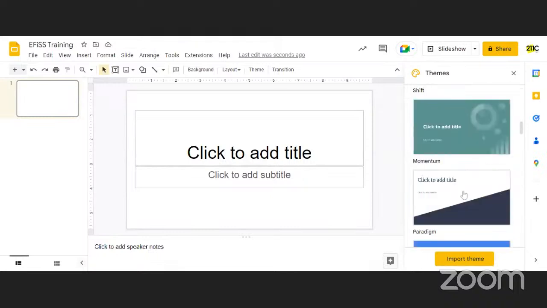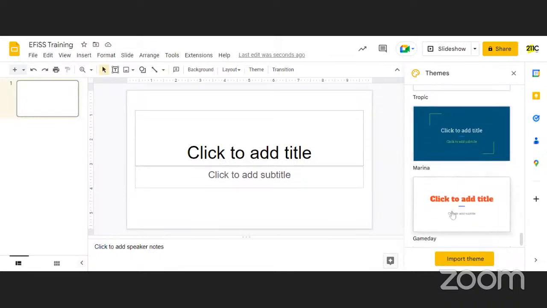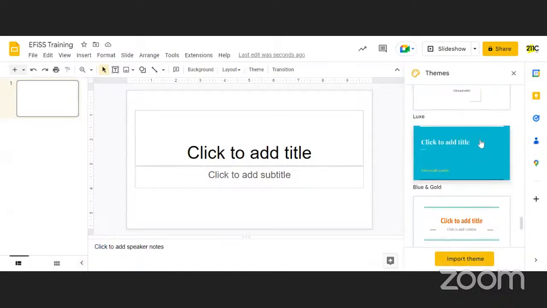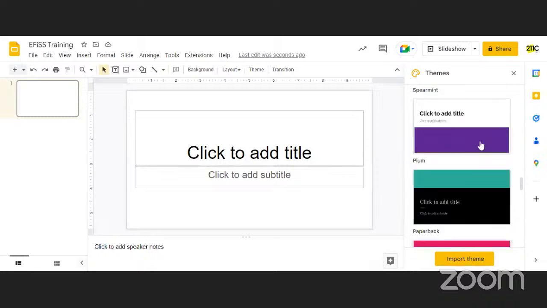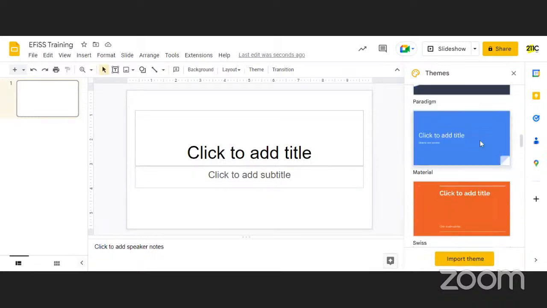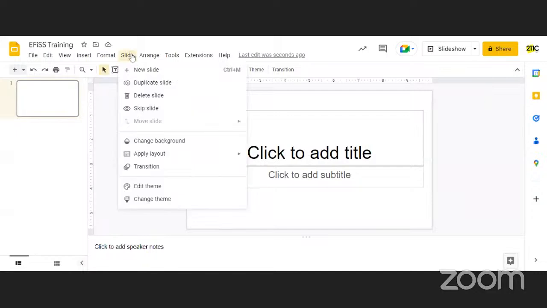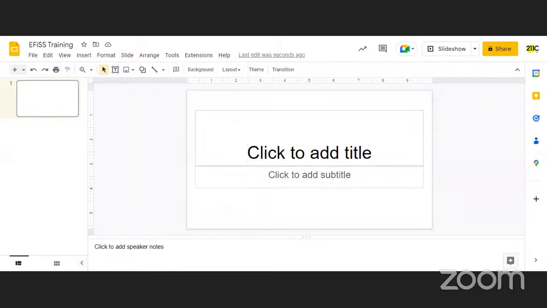You can choose any theme that you want to build your presentation on. They have a couple of them, or you can import a theme if you already have one. But if you don't have any other theme, you can just look for one that impresses you from here, and then you choose. But if you don't want any, you can just close, and then you can design one of your own,